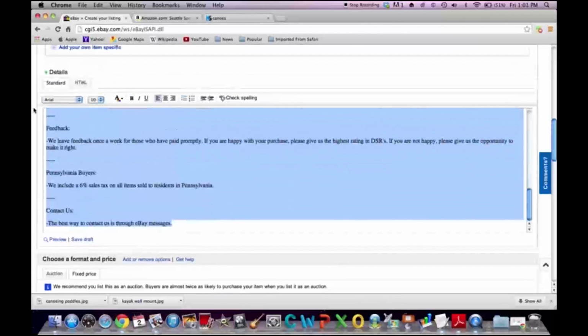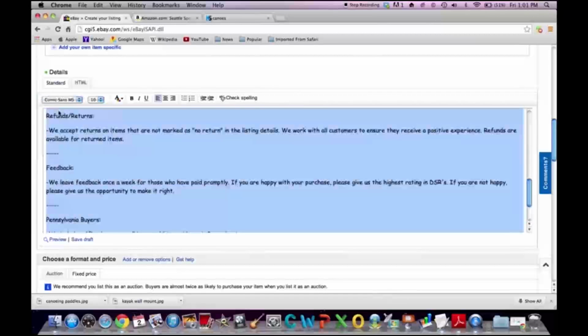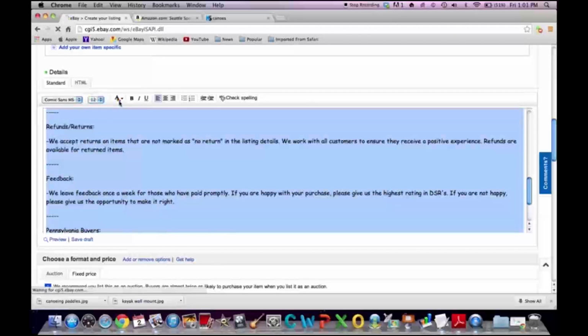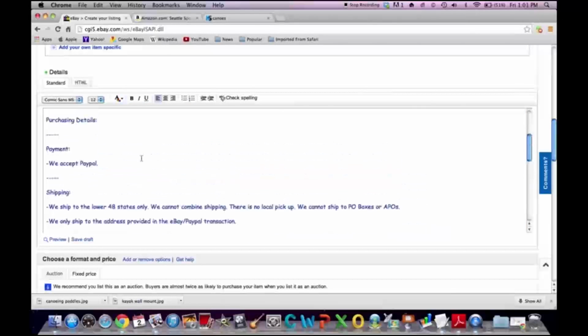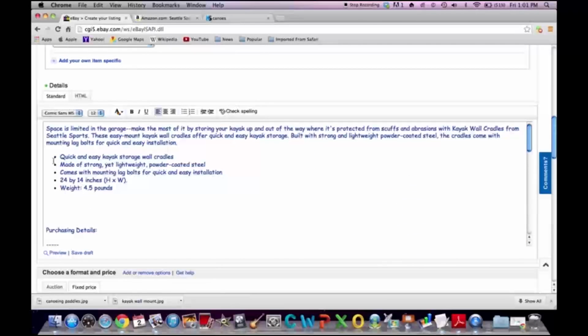Now, what I like to do is I like to always highlight it, make it Comic Sans, size 12, and then I make the font blue. And I've just, for some reason, I've just found that that is the absolute highest converting font and color and size that I've used for any of my listings, so I make all of them that way. Now, what you're going to do is you're going to take a few seconds and you're going to go back through here and make sure that the brand name isn't in there, and if it is, you just take it out. The other thing you want to do is you want to edit this a little bit so that people